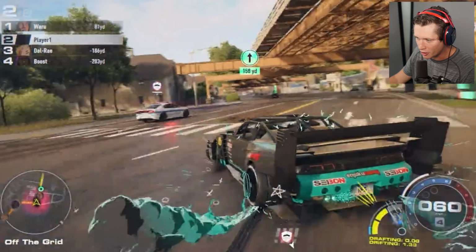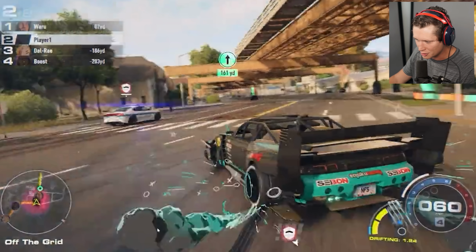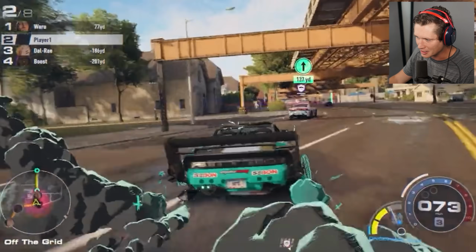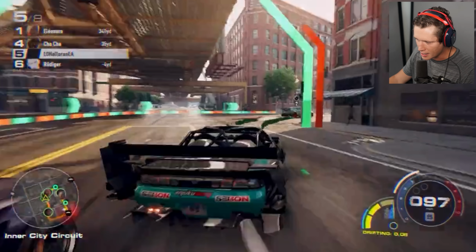This is off the grid. We've got a couple of police cars going on. As we enter a drift, we can see the smoke start to pop up, all the effects going off to this. Oh my goodness. Cop cars in the daytime. Another daytime race here, inner city circuit. Right here, it looks like maybe...